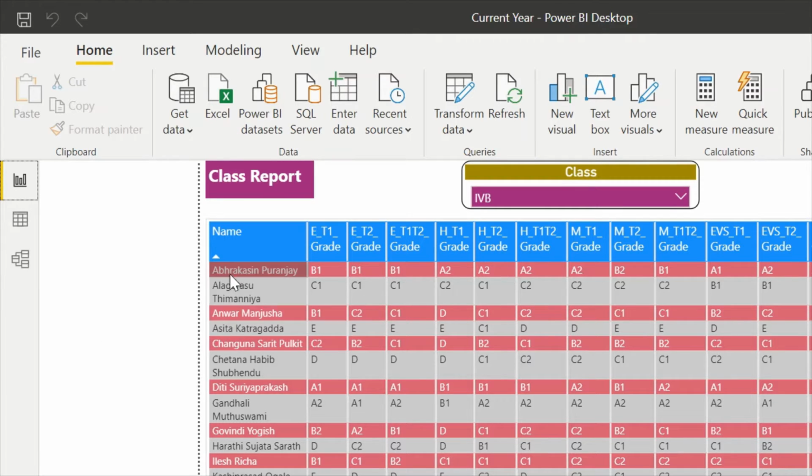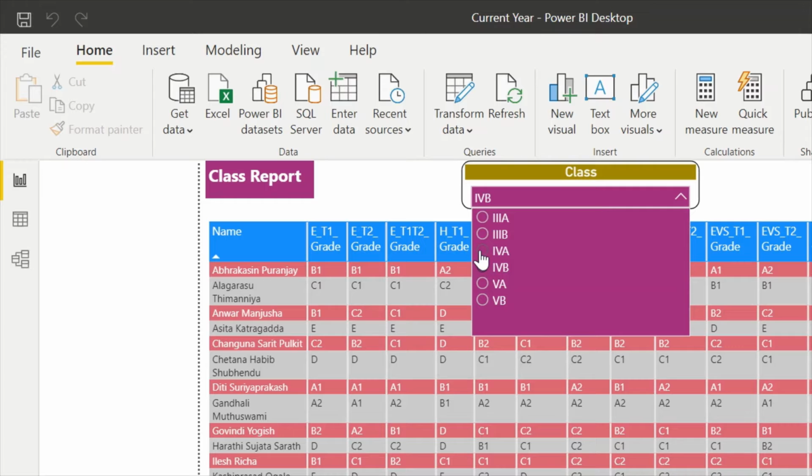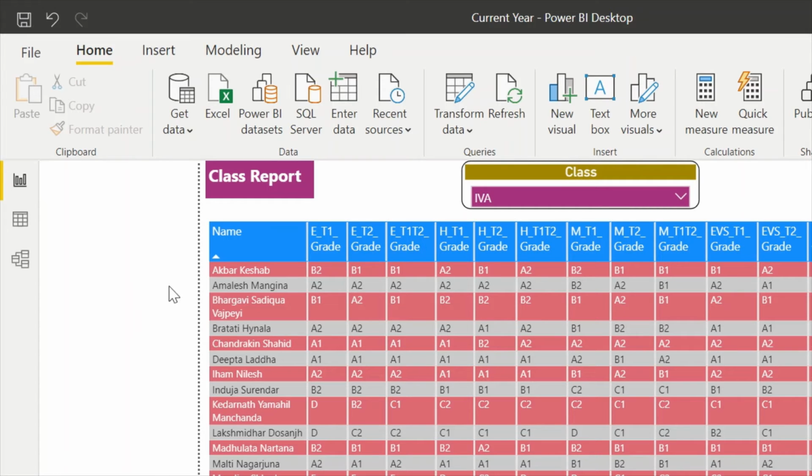So the students are listed here. The corresponding grade they have got is also placed in the different columns. When we select a different class, the list of students shown in this dashboard is for that particular class. So this page is for the record and for the report of the students overall, and the next page